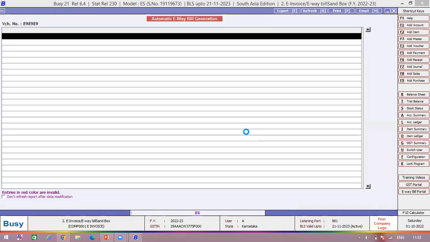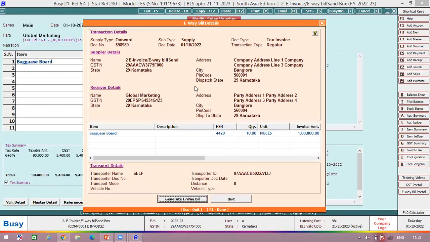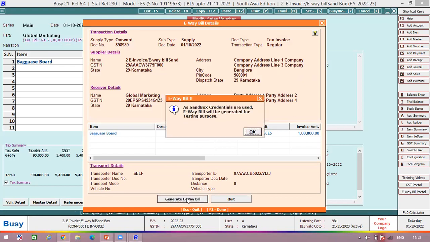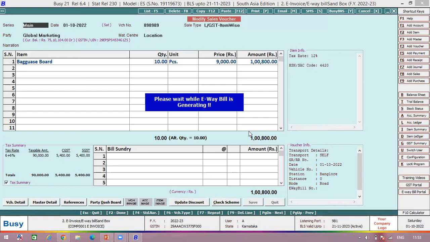If I click this option, you will see entire information related to my company detail and my customer detail, like receiver detail, names and address. Global marketing is my customer, its GST number, its address. Everything has been updated in my e-way generation detail. Now, if I click for generate e-way and I press the OK button,